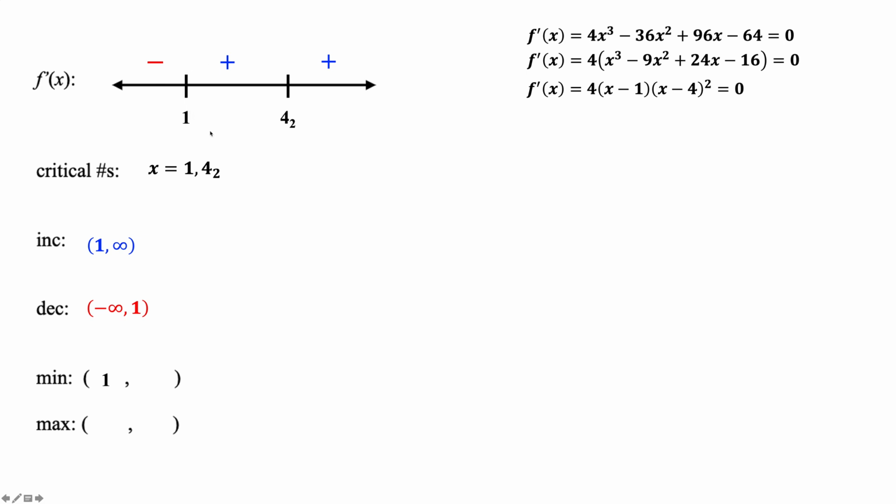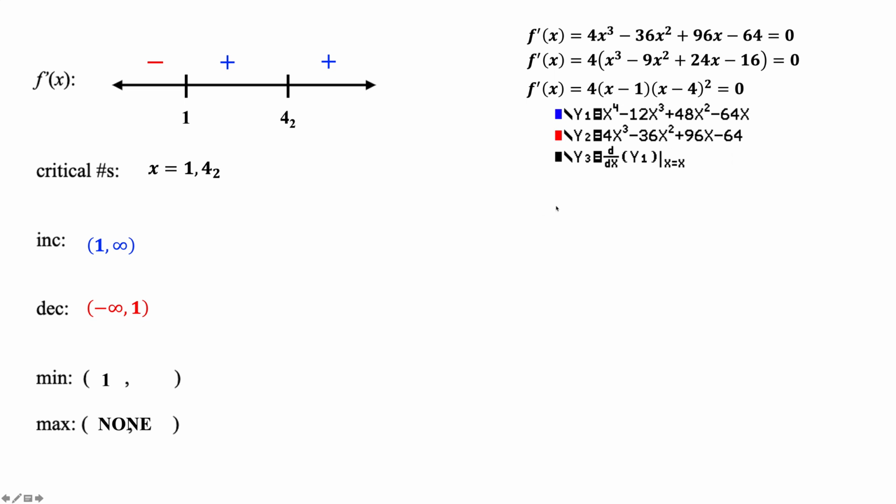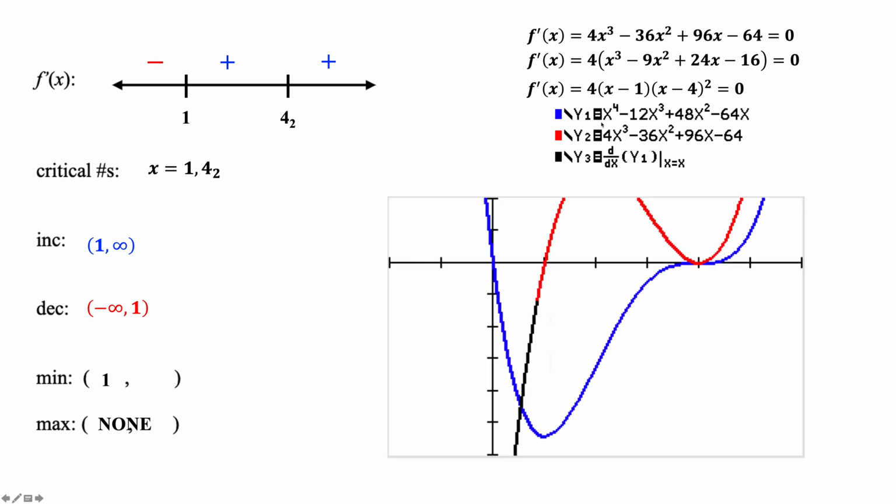And to have a relative max, I have to be increasing and change to decreasing. Well, I don't have that, so that's a none. So to find this y-coordinate, I need to go to my graphs now and punch these in to find those values. So if we look at the graph,